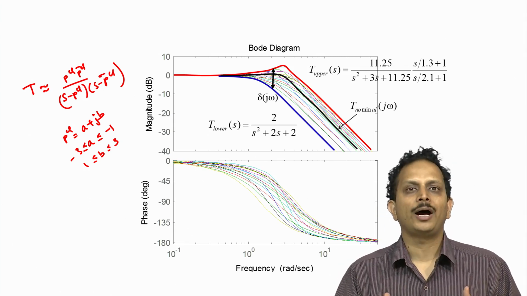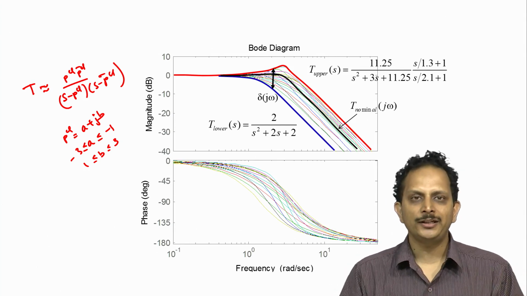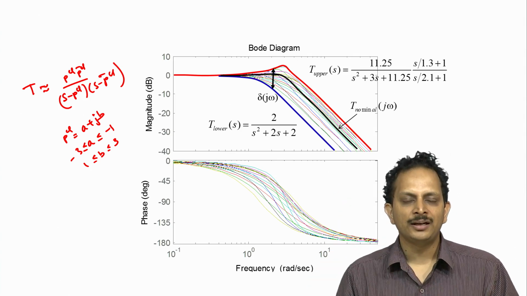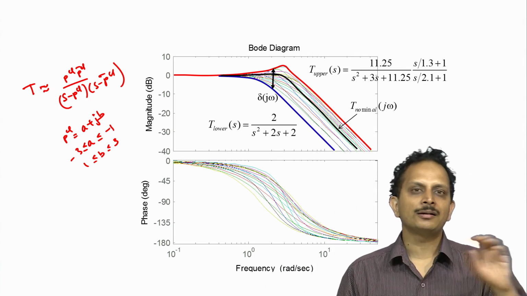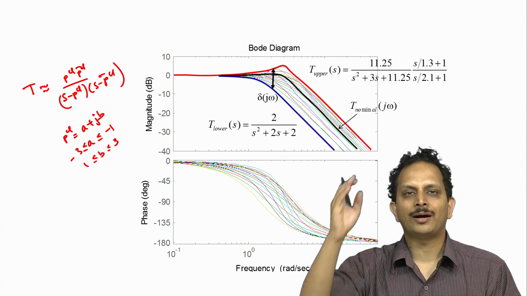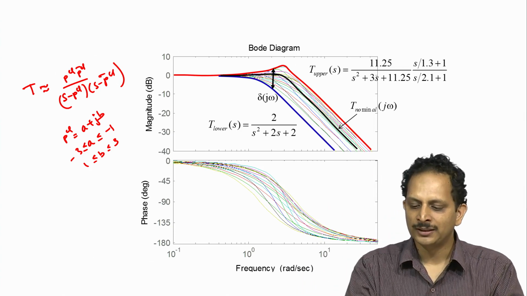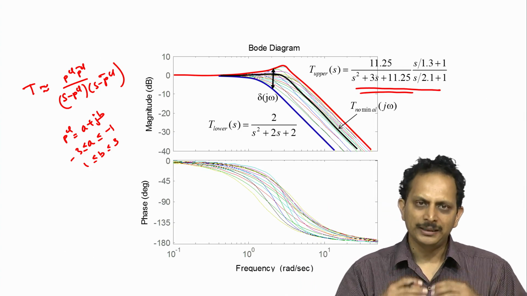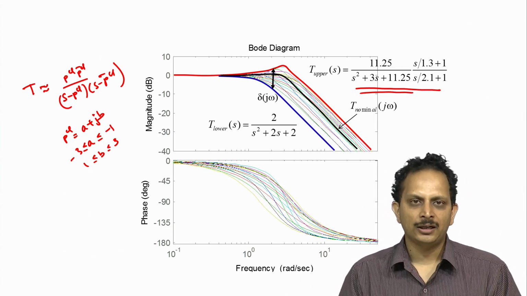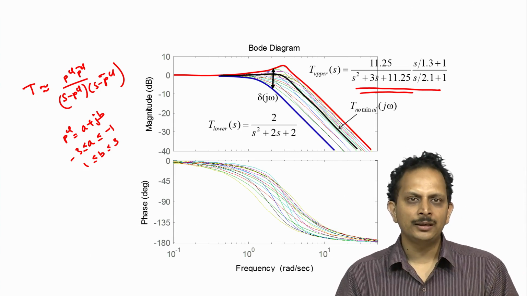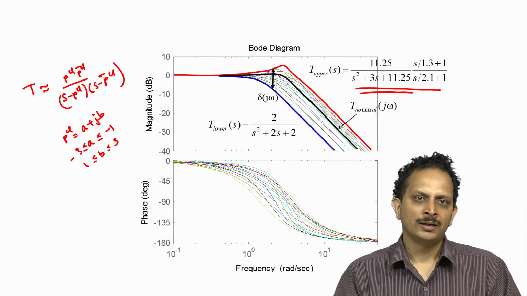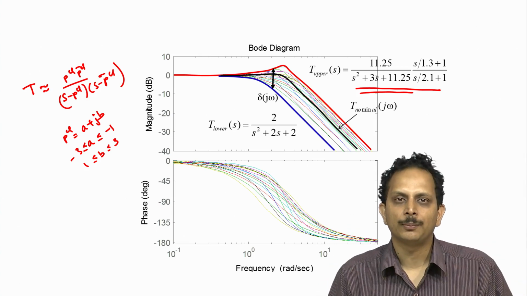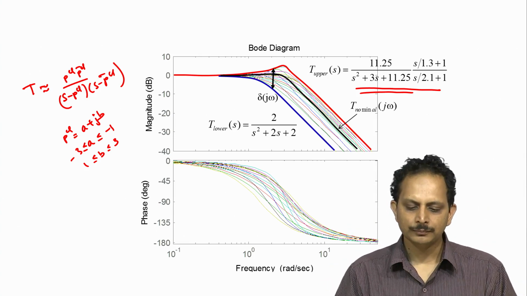However, sometimes it so happens that within a certain frequency range there will be one particular closed loop pole for which the Bode plot will define the upper limit, and in a different frequency range there will be another location for the closed loop pole which will define the upper limit for the spread in variation. Hence this transmission function T upper has been obtained with some trial and error by starting with the guideline that I just talked about, but modifying it a little bit in order to incorporate the fact that in different frequency ranges different closed loop pole positions can define the upper limit for the permissible variation in the transmission function.